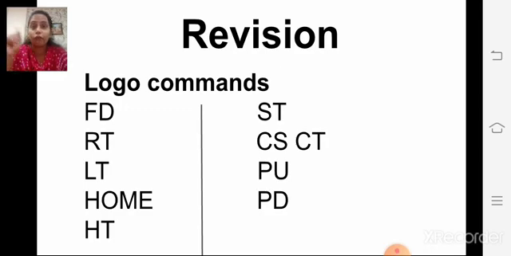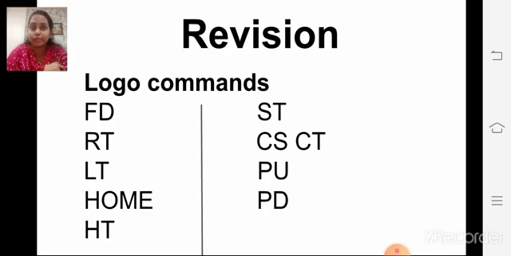FD is forward command, to move turtle forward. Okay? RT. RT is right turn, to move turtle right. LT. LT is left turn, to move turtle left.